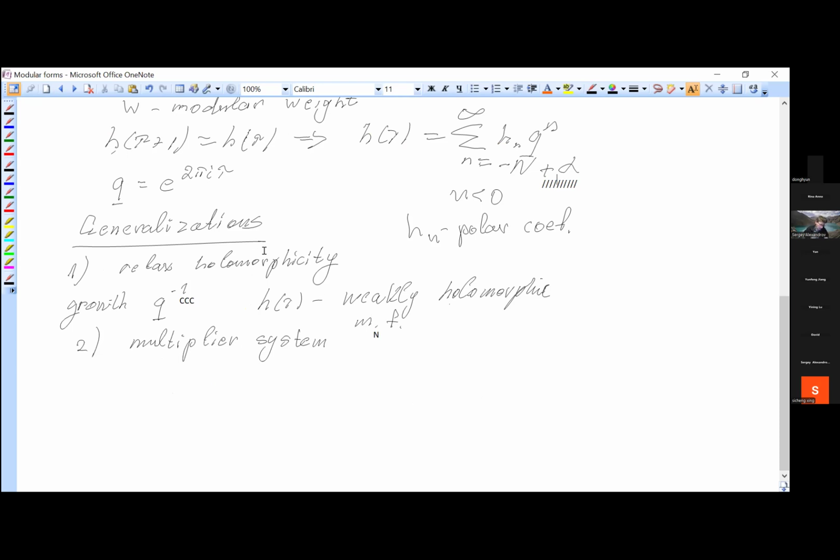It's not all. Then we can also define an even more general object, the so-called vector-valued modular forms. So what are vector-valued modular forms? Well, you just put a vector index on